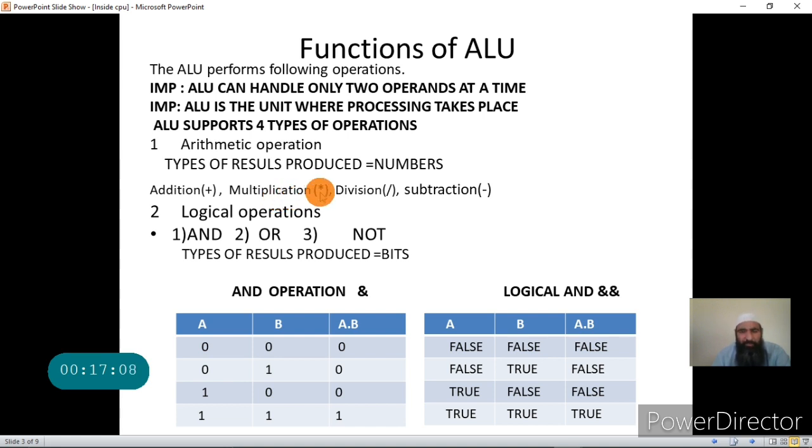Normally in mathematics we use a different symbol for it, but in C you use asterisk to designate multiplication. Why? If you see your computer keyboard, you will not find the symbol of multiplication that you normally use in mathematics.